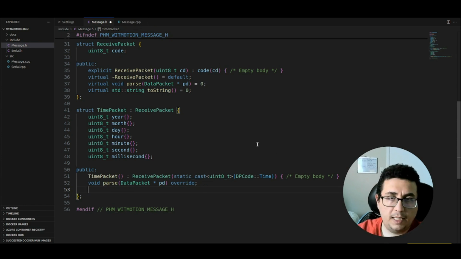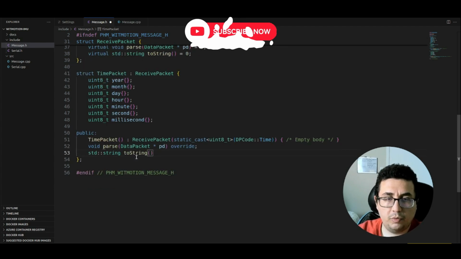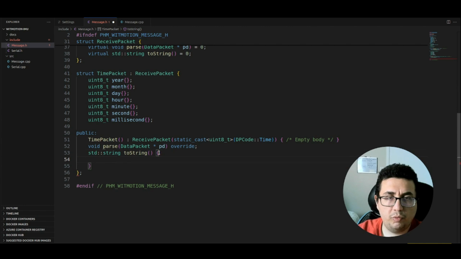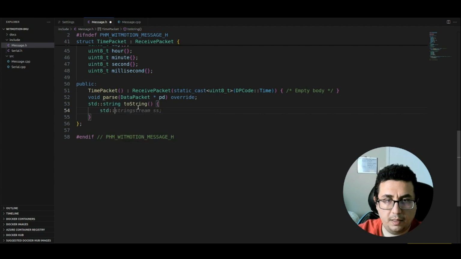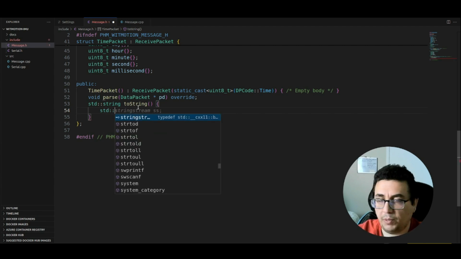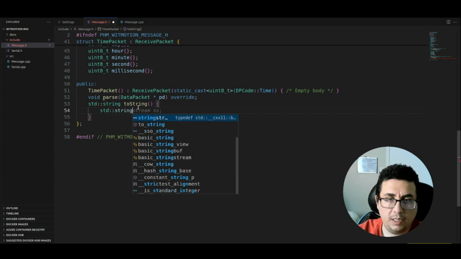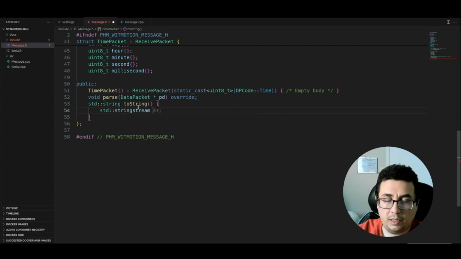And for the next part, I'm going to use this one. So here I don't need to make my source code longer by implementing everything there. So I'm going to implement it here because there is nothing that I want to hide from the header file. It's just a simple string presentation of the packet that we are actually using. So we are decoding,